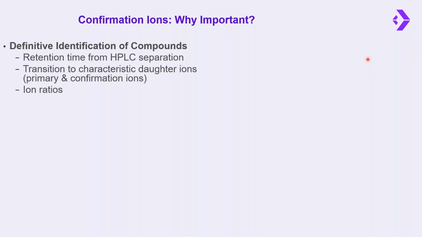Before I get into the specific examples and show you some data, I do want to explain the concept of confirmation ions in the PFAS analysis. Most of you know that the instrumentation that we use for this analysis uses a liquid chromatograph and dual mass spectrometer. The actual time that these peaks elute from that liquid chromatograph is one line of evidence used as confirmation of identification of a specific PFAS chemical. Each PFAS chemical has its own unique retention time on that liquid chromatograph.